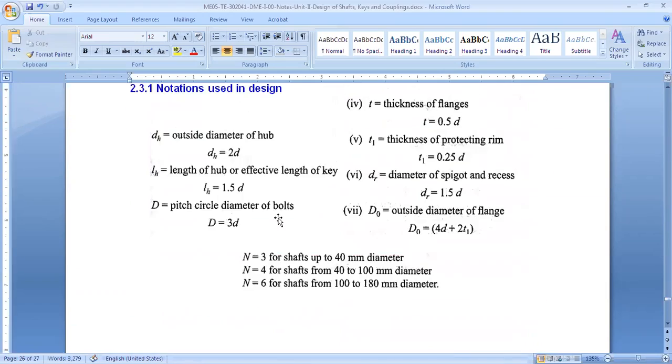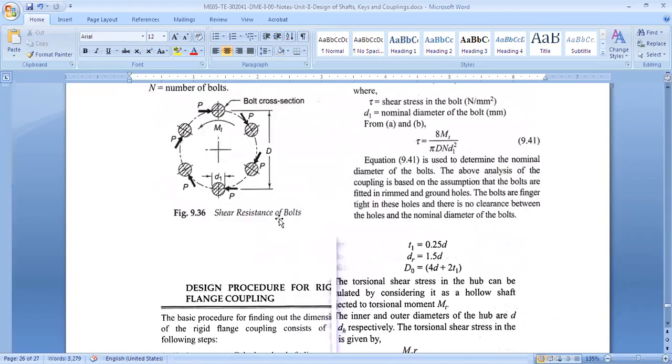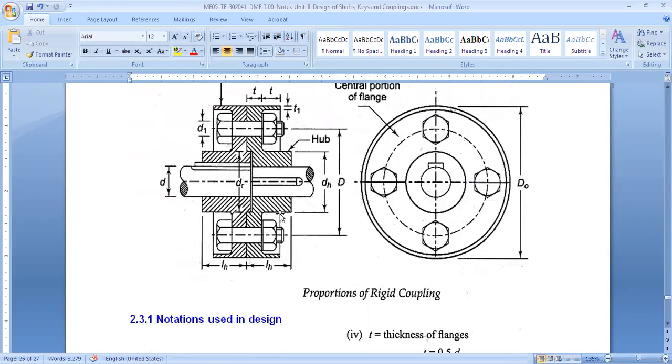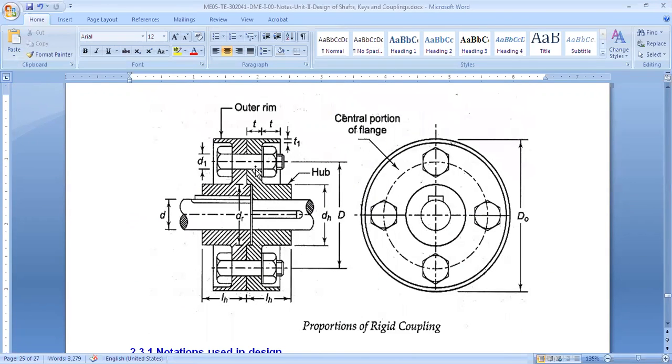Now first we need to find the load under which the nut and bolts will undergo shear. We'll first take a look at the nut and bolts. Try to assume they are made of a very soft material. How will such a material fail under shear? We have a shaft, hub, flange, and the nut and bolts are made of a very soft material. It will simply shear at the center where the two couplings are transmitting the load.